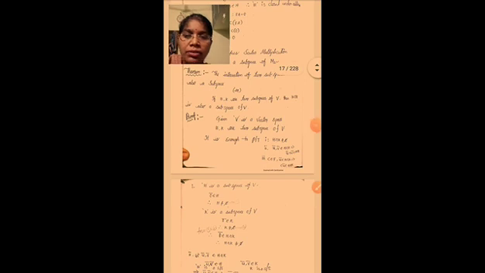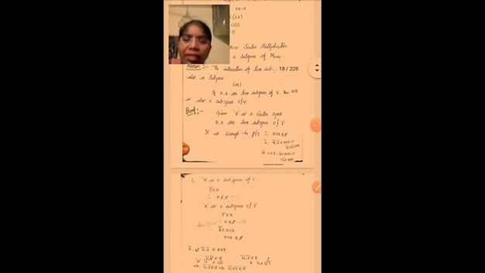K is also a subspace of V. So here we have to show that H intersection K is also a subspace of V. So first of all, the proof. Given V is a vector space, H, K are two subspaces of V. So it is enough to prove that H intersection K is a subspace. We know that three conditions we have to show: first of all, 0 bar belongs to H intersection K, that is, H intersection K is a non-empty set, and it is closed under addition, and next is scalar multiplication.